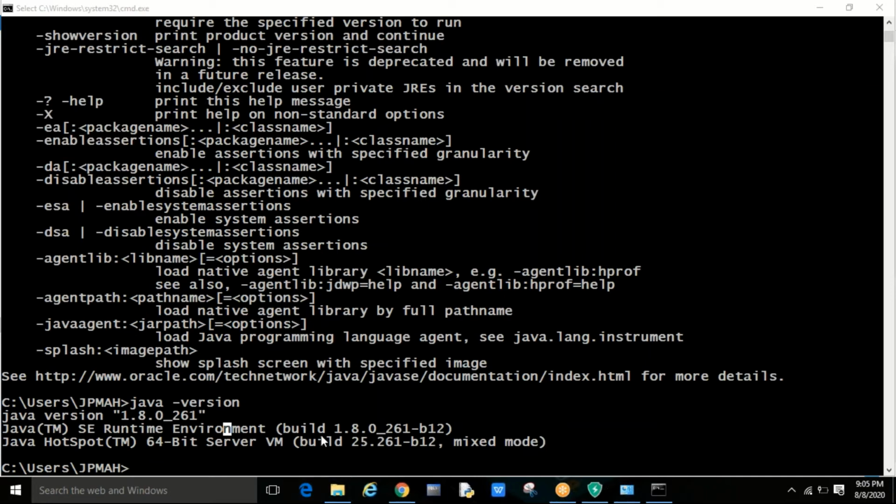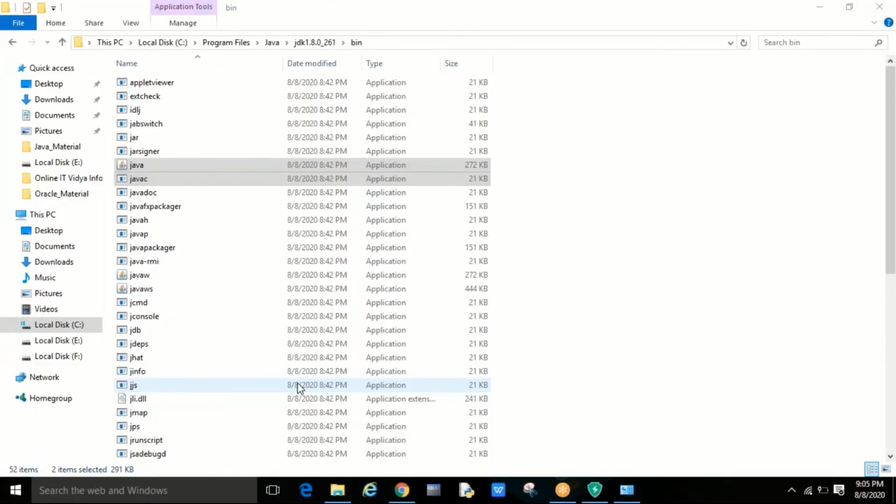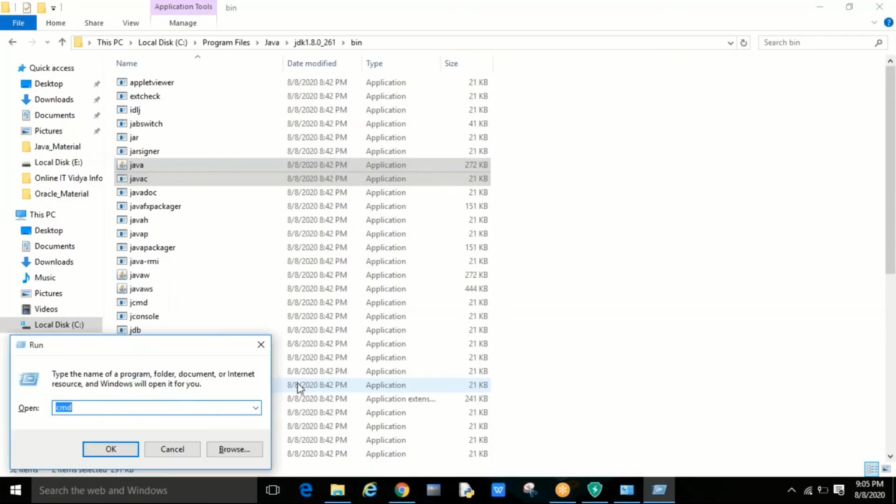If you require, simply on the keyboard, the Windows button is there. Windows R, that is the shortcut. Two buttons, Windows and R combined, you can click on it.